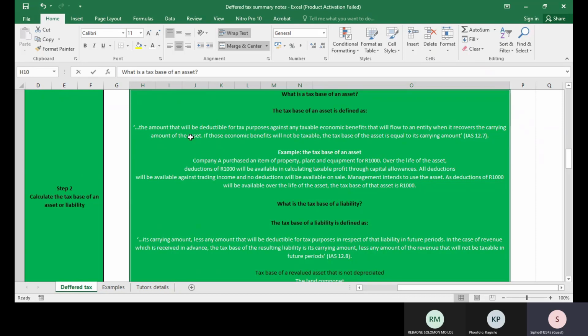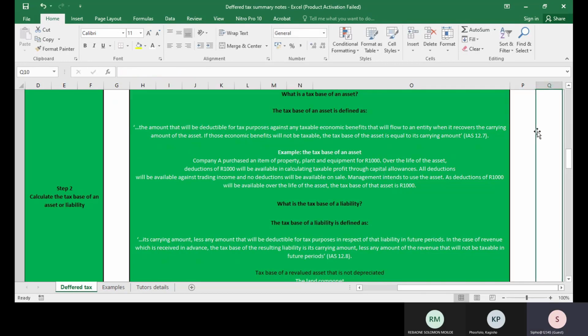I've done a summary note here, but I'll just read it for you. The tax base of an asset, they define it in IAS 12 as the amount that will be deductible for tax purposes against any taxable economic benefits that will flow to an entity when it recovers the carrying amount of the asset. If those economic benefits will not be taxable, the tax base of the asset is equal to its carrying amount. So let me just try and